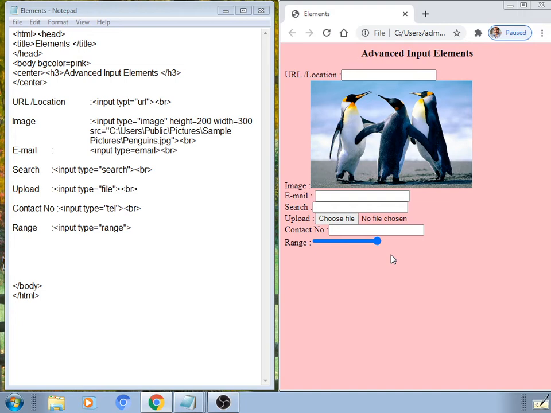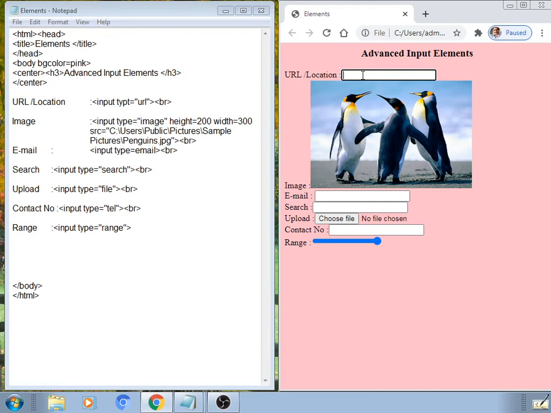So, these are the elements as an advanced input element. We will see again from top to bottom once again. Location, where we can apply a particular URL, that is universal resource locator.